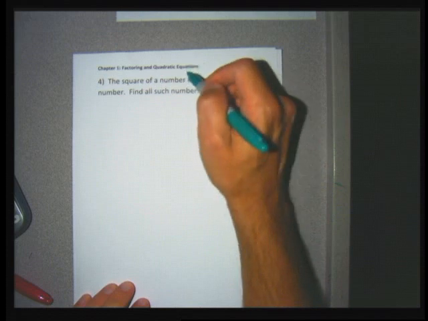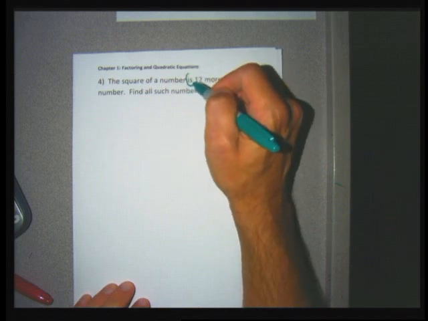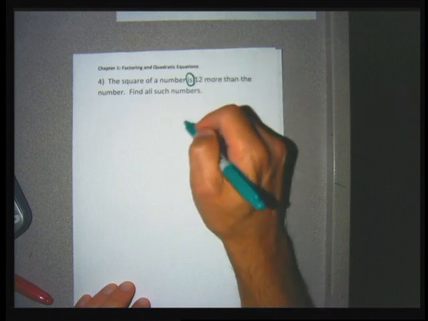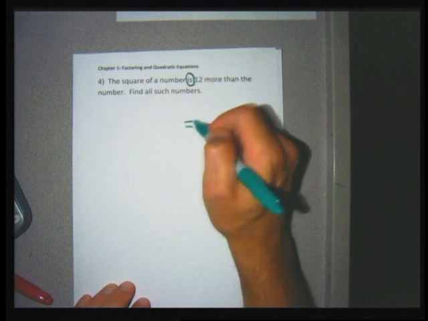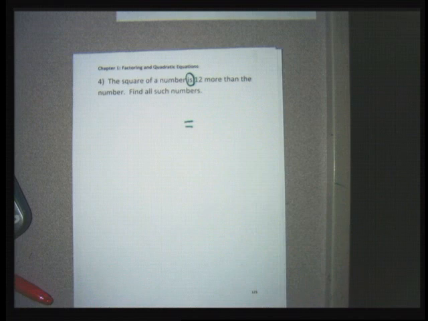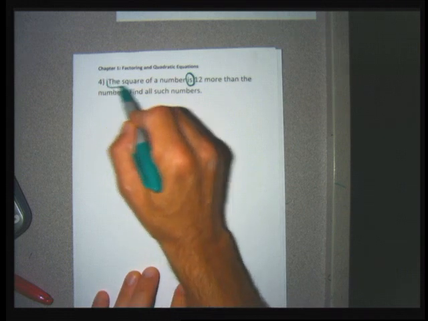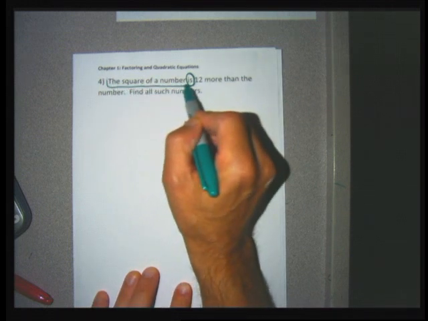So when I get to these word problems, a lot of them have the word "is" in them, and the "is" is going to be made the equal sign, and the words to the left of the "is" are going to create what goes on the left side of the equal sign. The words to the right of the "is" are the numbers and letters that go to the right of the equal sign. So to the left of my equal sign, I need something to represent the square of a number,